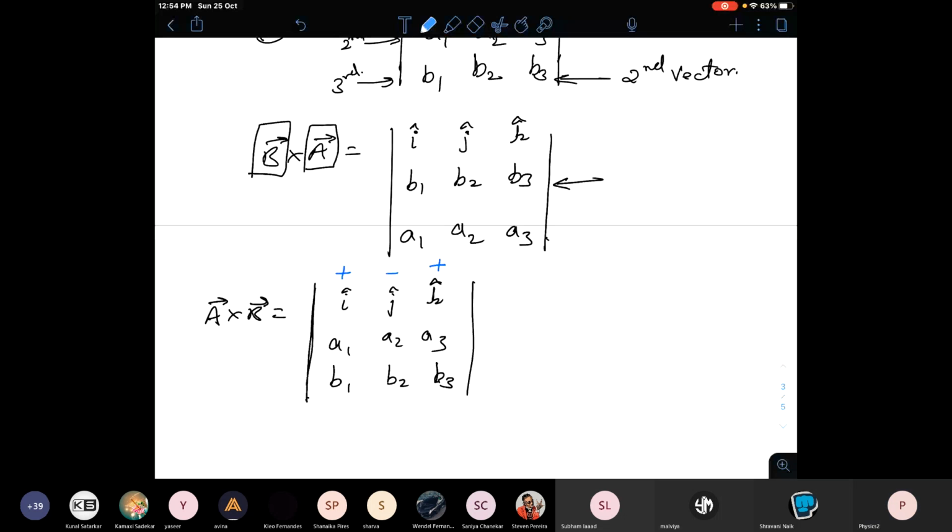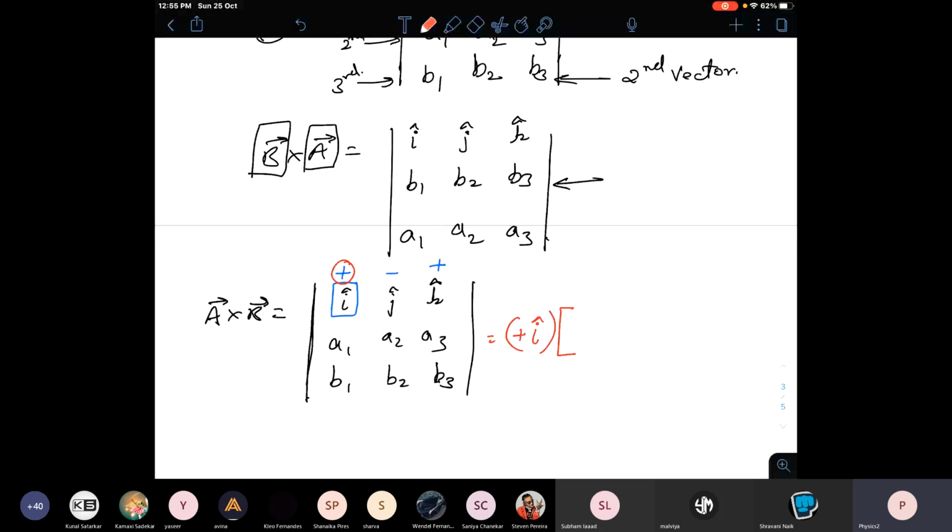Now see, I have to open this determinant. So what I do is I take the first term, that is I cap. Now I am opening the term I cap. I am writing the first term I cap over here. How to solve this I cap term? First of all, it has a plus sign over it. So I will write a plus I cap with it, into